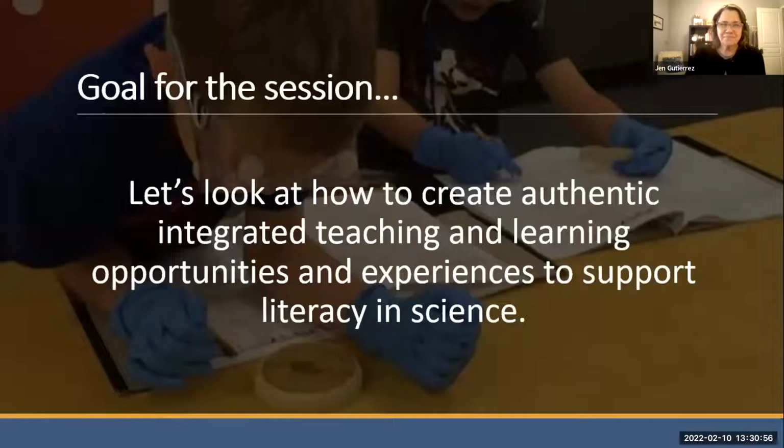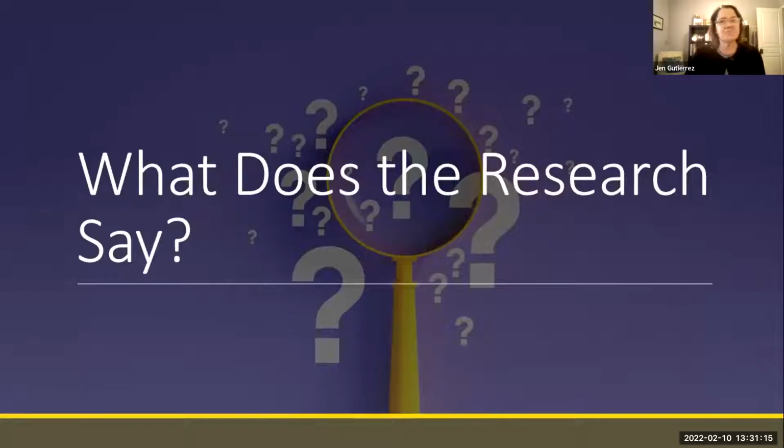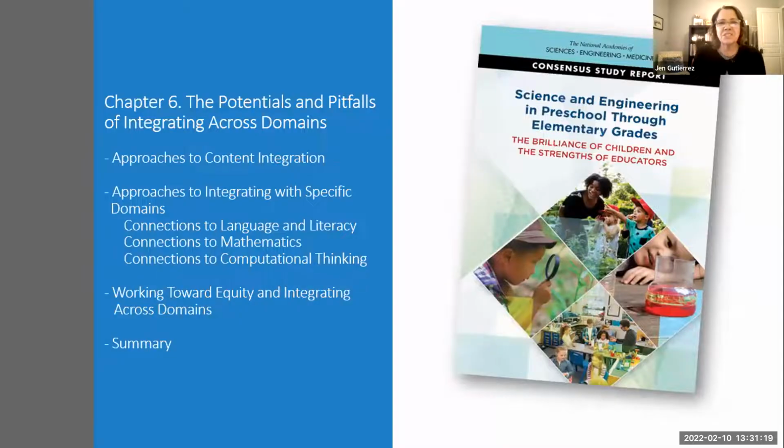So the goal, I thought, Melissa and I loved reading all the work you've been doing and preparing for this. So how do we create authentic, integrated teaching and learning opportunities and experiences to support literacy in science? Because that's where our kiddos live, isn't it? So I thought, well, let's always start with the research. What does the research say? So Melissa shared with me this fantastic document that you all have been working from, the science and engineering in